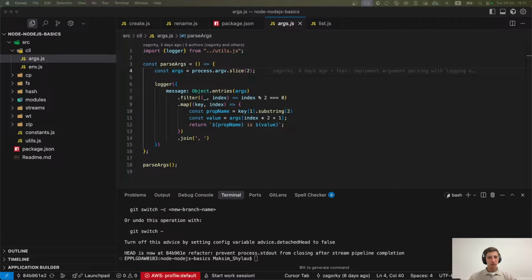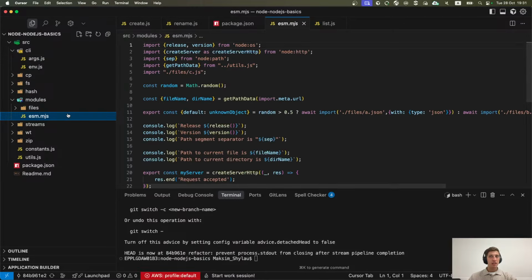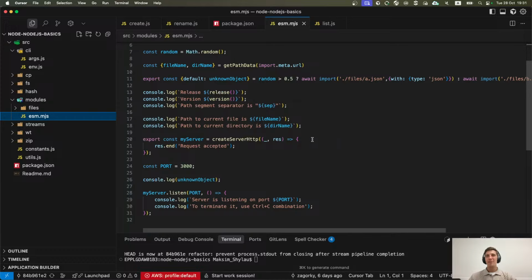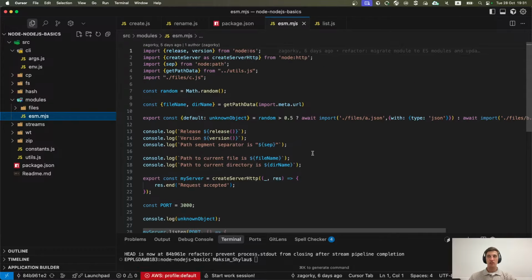Okay, this is it about second section, and next one is about modules. So as you already know, Node.js supports two types of modules for JavaScript. It's CommonJS modules and ECMAScript modules. ECMAScript modules are newer.